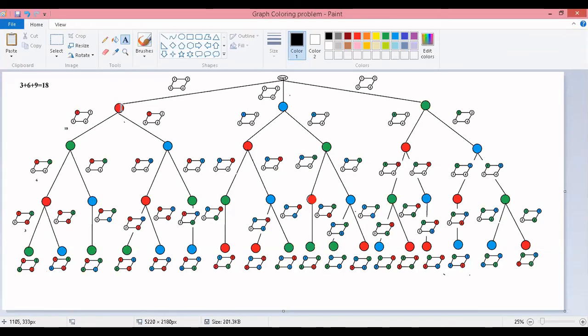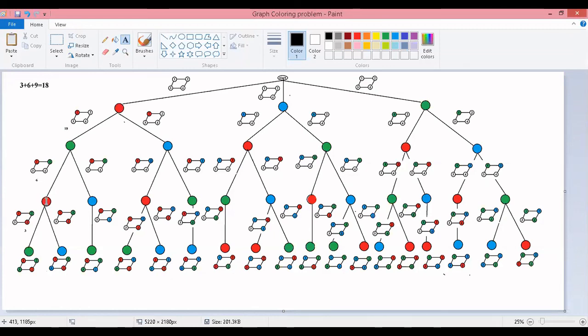It will do comparison. Why do we have to do comparison? Because if it is an adjacent node, the same color should not be used. So this green color with this red color node is 3 times comparison, plus this green color with this green color node one more 3 times comparison. So it is 6. This green color with this red color node comparison again 3 times. So 3 plus 3 plus 3, it is 9.